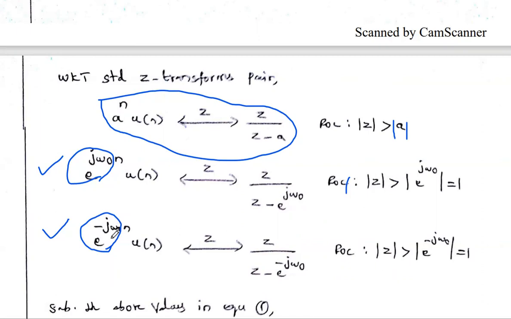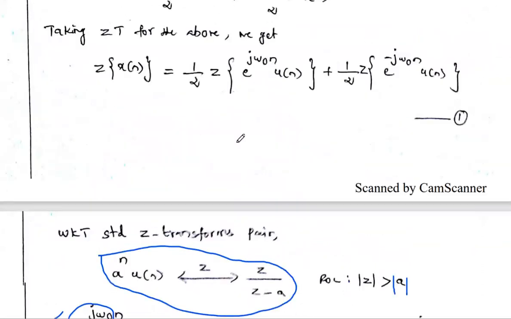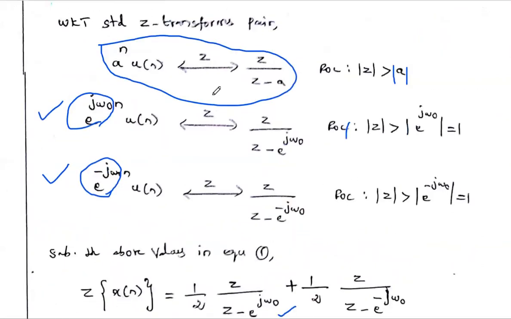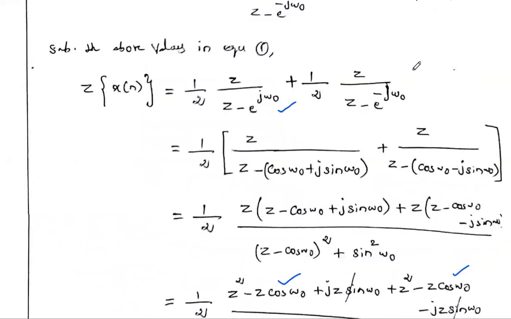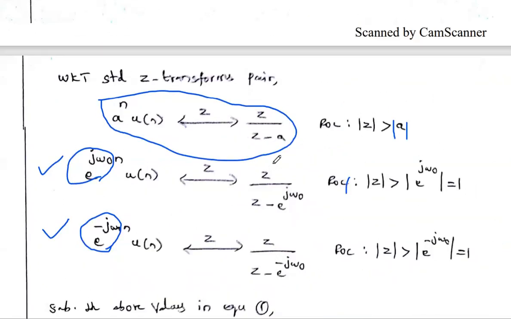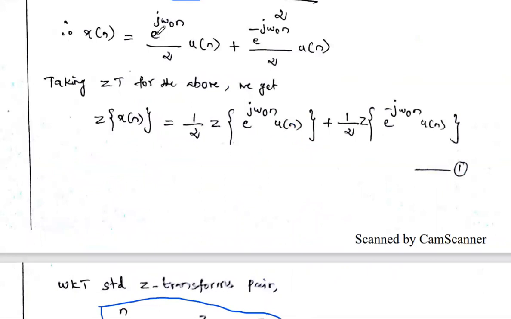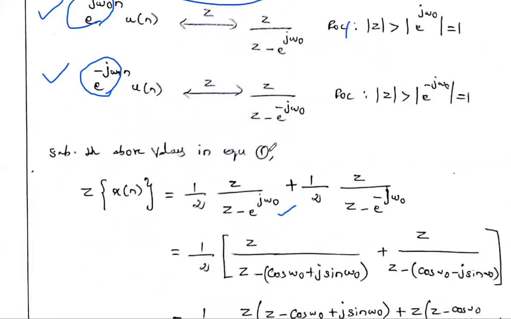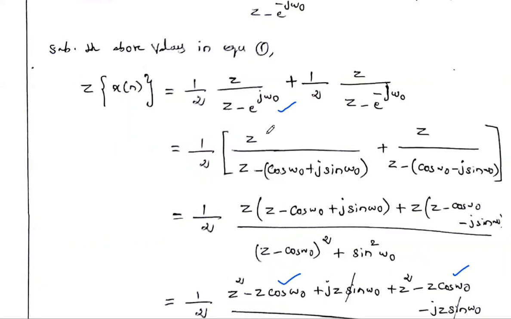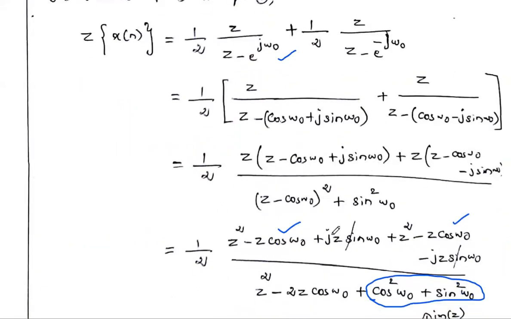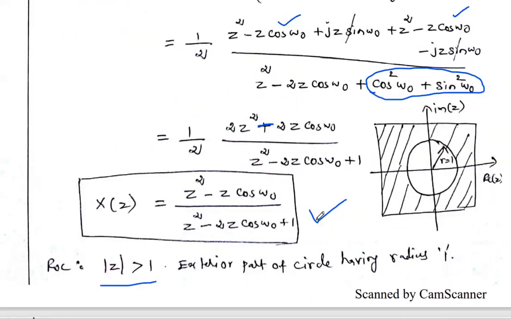Then we substitute these two answers in our total z transform and add the two things. After that we can simplify. In the first step we express cos theta in terms of e power. Similarly, this e power j theta we expand in sine and cosine terms, and if you take LCM, after simplification we will get the answer like this. So this is a very important 8-mark problem.